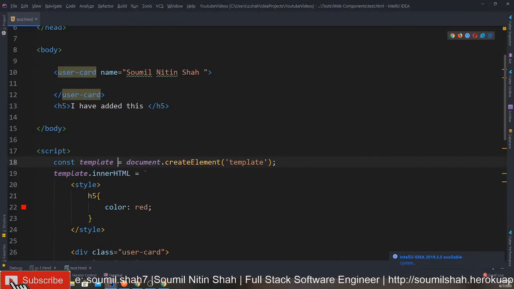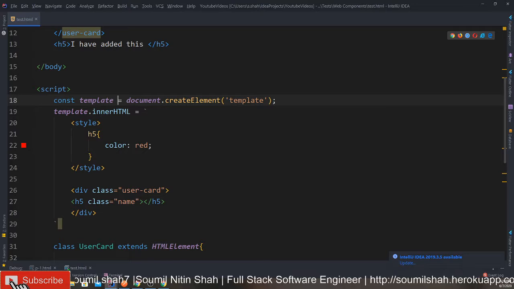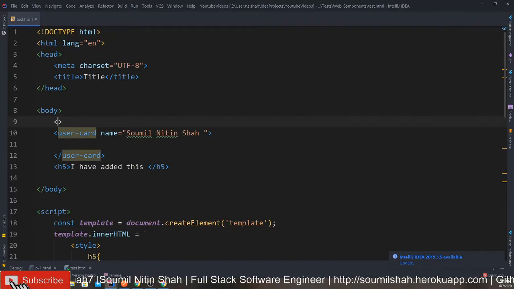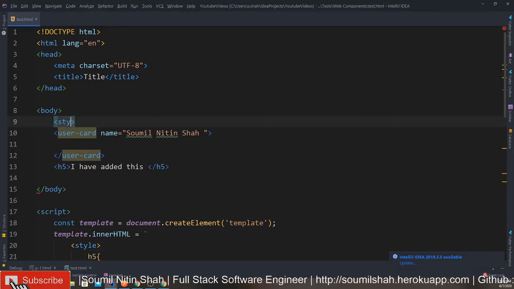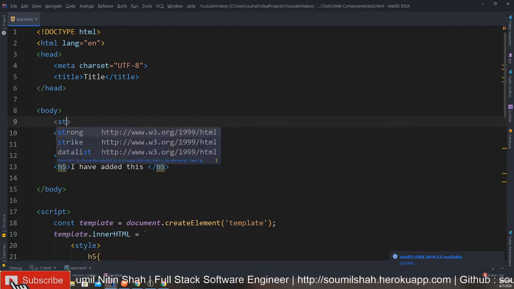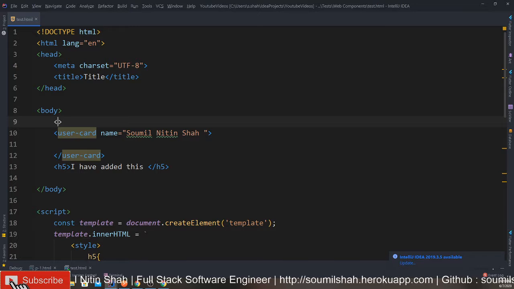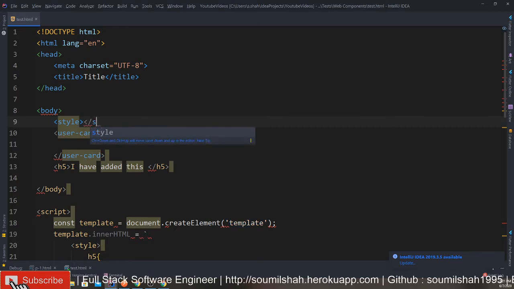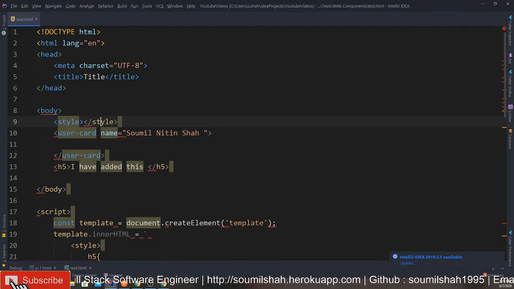Okay, now a question to you guys. I'm using h5 here, right? What if I do something like, actually I'm defining some style here. So style, okay.